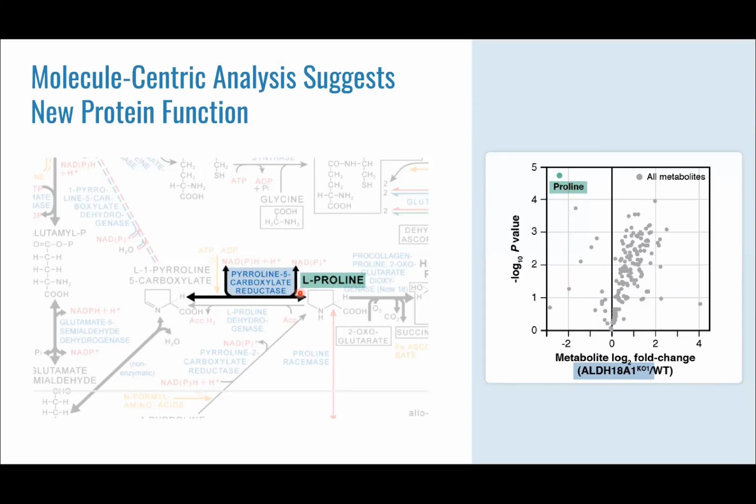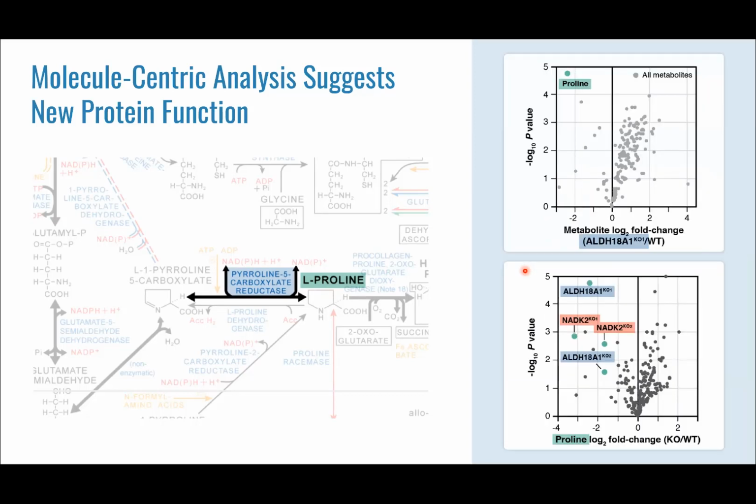And that's because it's in this particular pathway. If we take this away, we don't make proline as effectively as we did. So we see a big reduction in proline. So that's pretty cool. But now what's very interesting is that if we now ask, okay, let's just look at